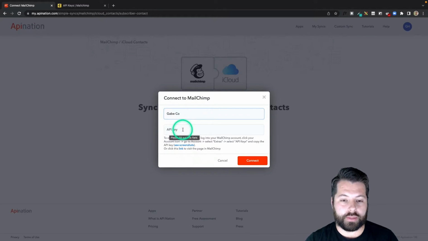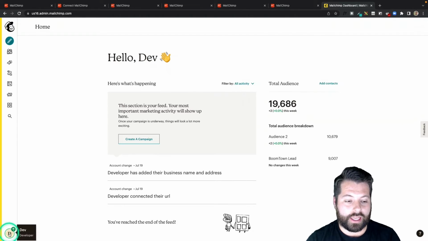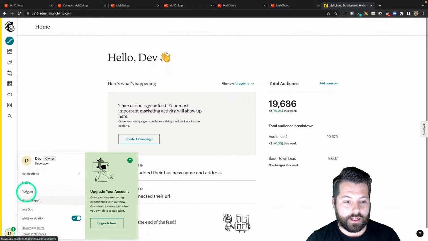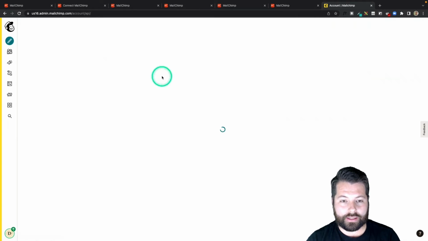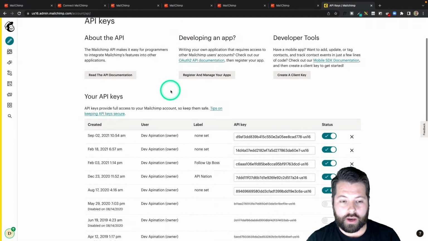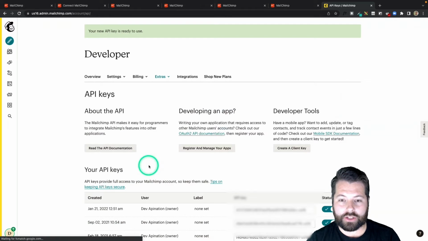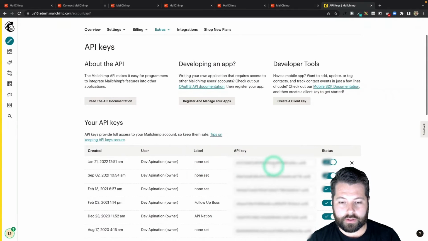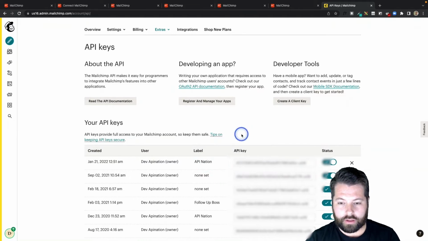So let's go over to Mailchimp and grab that. So here in Mailchimp, to find that API key, I'm going to come on down here to the account bubble, click on that, click on account, go over here to extras and API keys. Then you can scroll down here. I'm going to create a key for my new API Nation connection. So there it is. I can label it API Nation. And then I'm just going to highlight it, hit Control C,